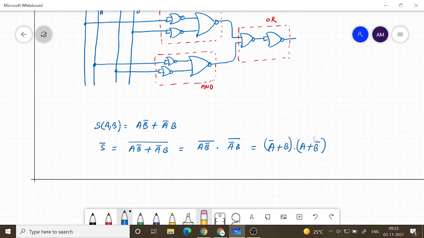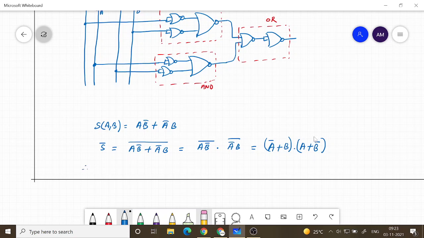So I used only De Morgan's theorem. I am not writing it because that's not our focus right now. You already know what De Morgan's theorem is. A plus B whole bar is basically A bar into B bar, and A dot B whole bar is A bar plus B bar. So that's what I have used here.